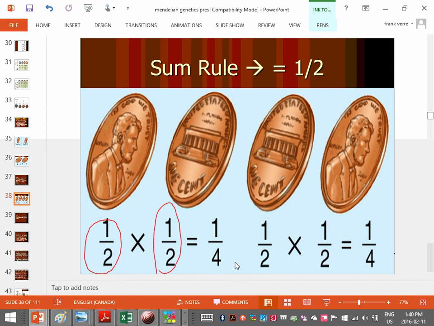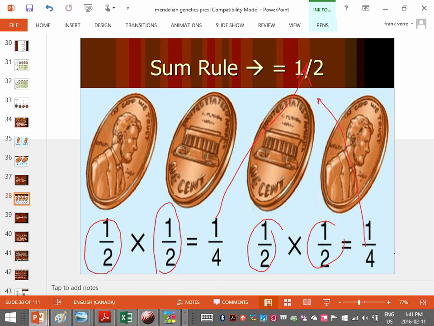But there's another possibility, which is maybe you get tails first and heads second. And this sequence, tails, heads, would be 1/2 times 1/2, which is 1/4. But because there's 2 possibilities, we just simply add the 2 sequences up, and 1/4 plus 1/4 gives you